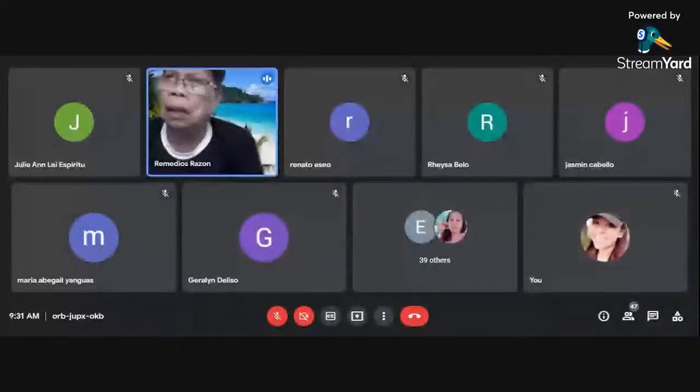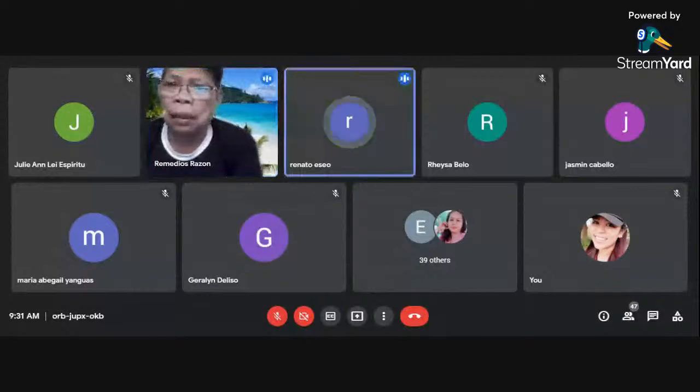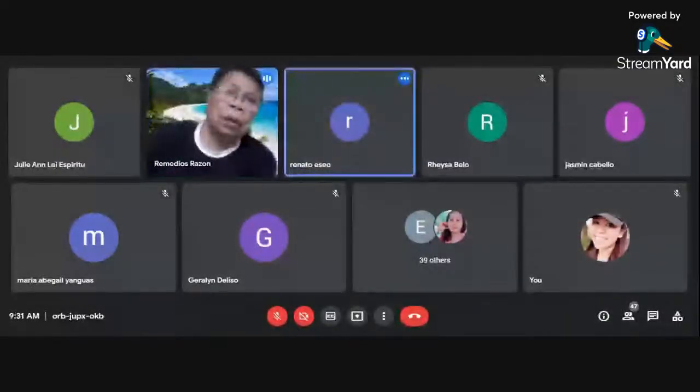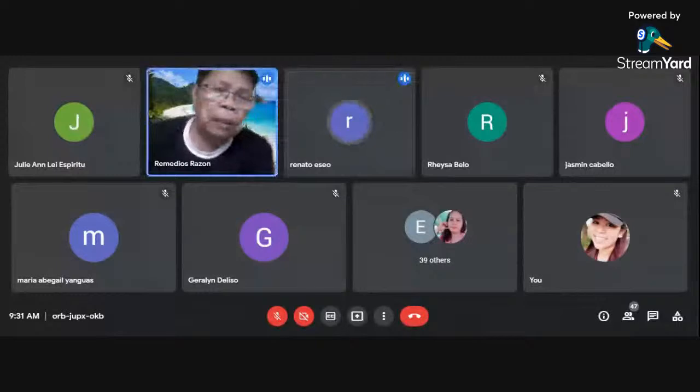Hindi ka pa permanent? Wala ka pa sa payroll? Sir Iseo? Good morning po ma'am. Na-payroll lang po. February po ako na-aim. Wala pa po ngayon. Pero wala ka pa natatanggap. Hindi po ma'am. Meron na po. Ay yung monthly po. Wala pa. Yung monthly wala pa. Okay. So, magkasunod lang inyong PBB.